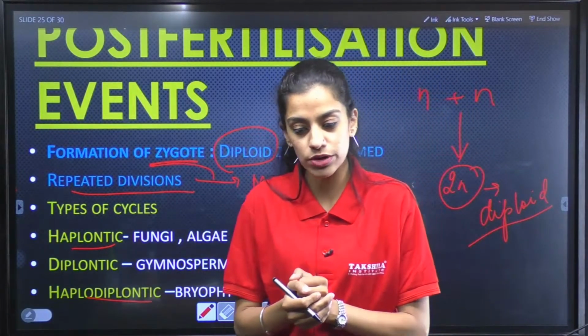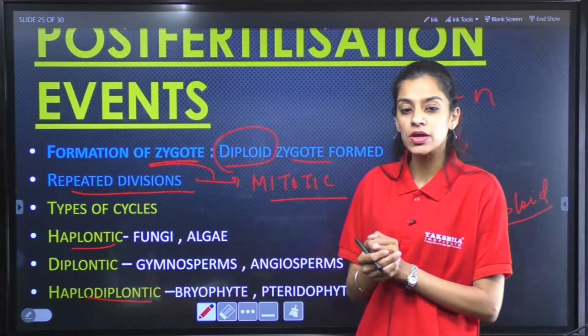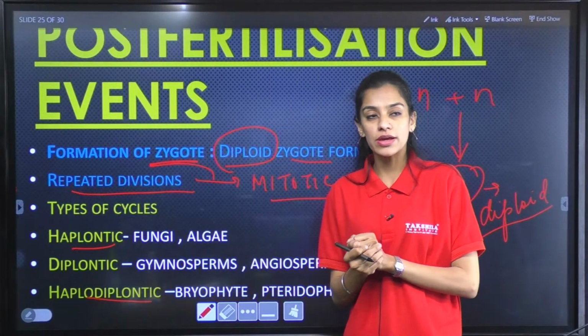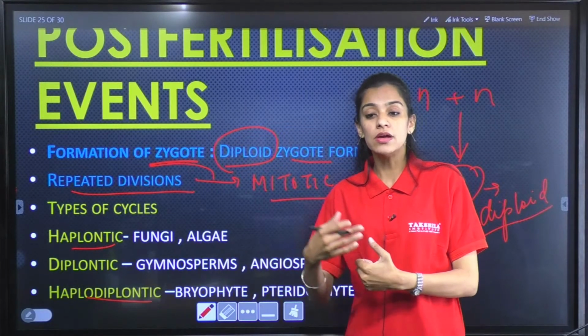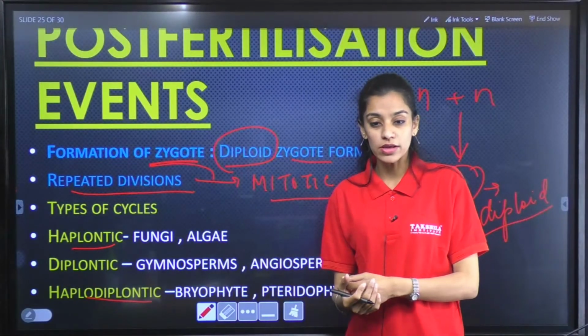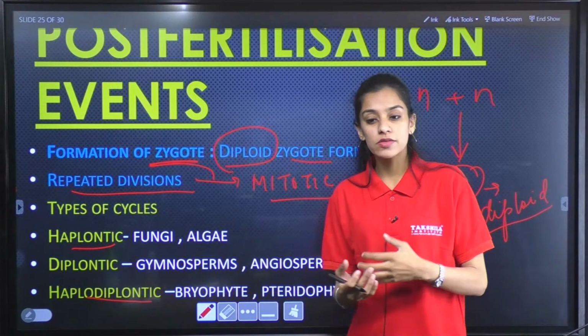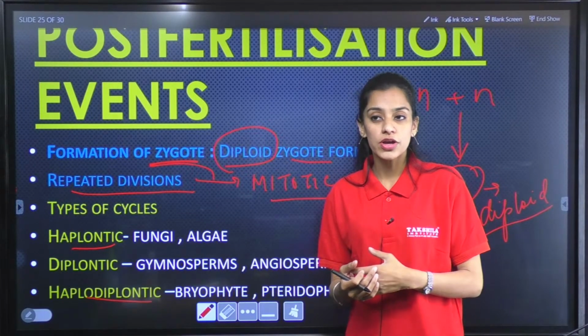Ectocarpus polysiphonia, absolutely, that is correct. You have to see in which organisms. हम ये नहीं कह सकते कि bryophytes, pteridophytes जो हैं वो completely diplontic हैं या completely haplontic हैं. There are a few species, a few exceptions in that case, कि जहाँ पे हम ये कह सकते हैं कि